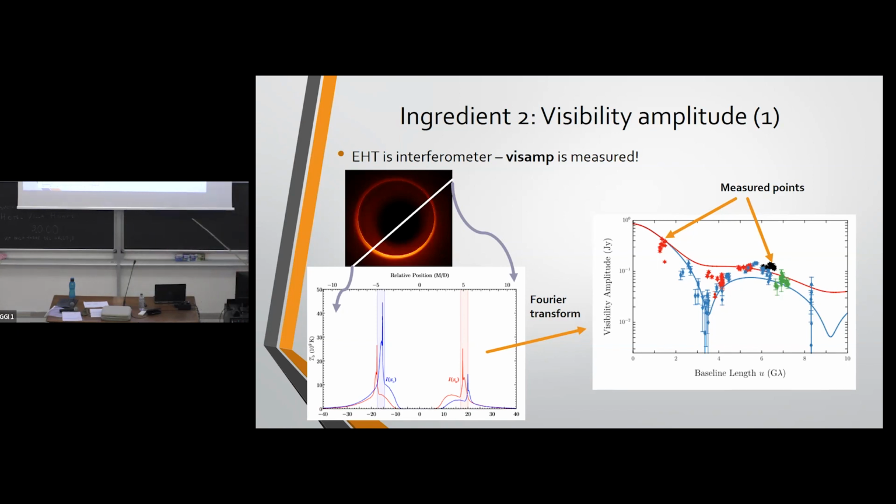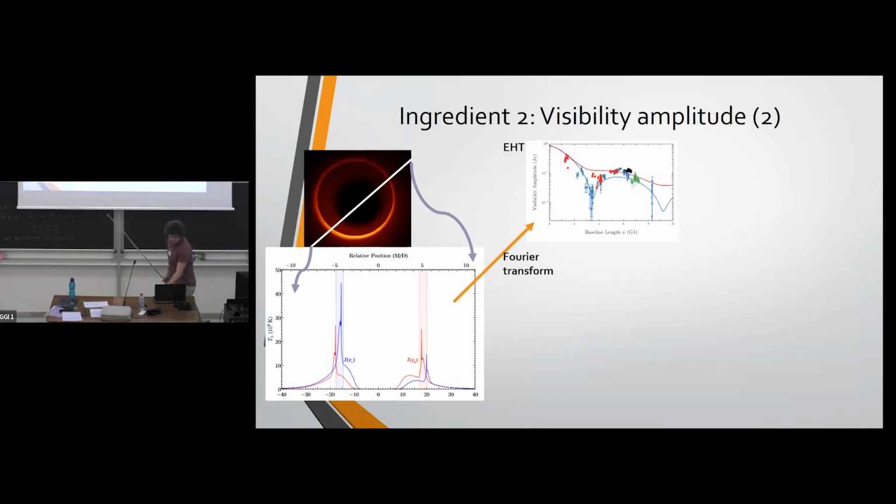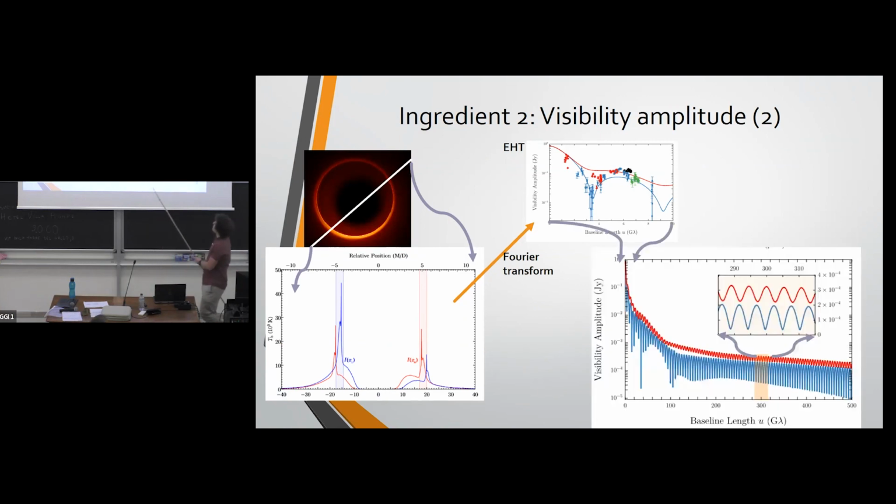So all of this really is to say that maybe the right place to look for features, what are the features that I can focus on, let's say beyond GR phenomenology, is within the VisAmp, right? Where the actual observations lie. And just to say about this visibility amplitude, the EHT has baselines in this little square here, but what would be really interesting,